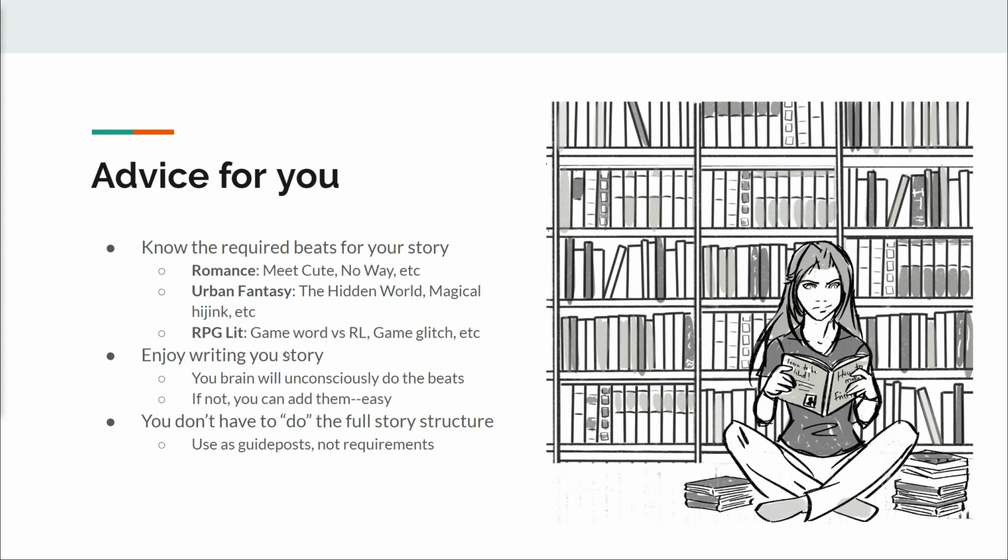But know what your required story beats are going to be, because it is going to be different from everybody else. The Story Grid book that I had on the prior slide is actually a book mostly written for thrillers, and it's really evident when you read it. But I like how it breaks down a lot of things that go with thrillers, and he's also got some resources on the website where you can apply it to different things. I'll leave that down below for you guys.